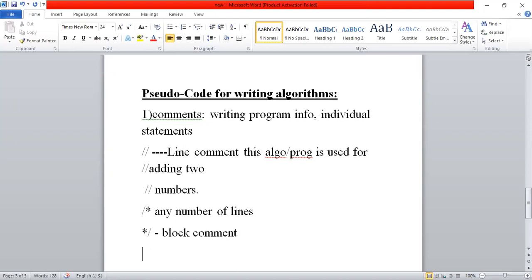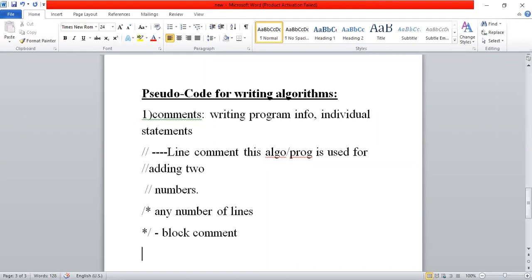So this is the first step in writing pseudocode, and we can also provide a comment in the middle of the program. Whenever you want to explain the meaning of any instruction or statement, immediately after the semicolon, start 2 forward slashes. After that, you can write the purpose of that particular instruction, why we included it.